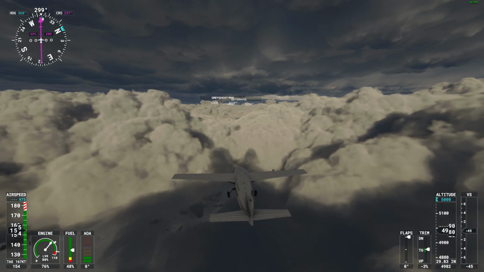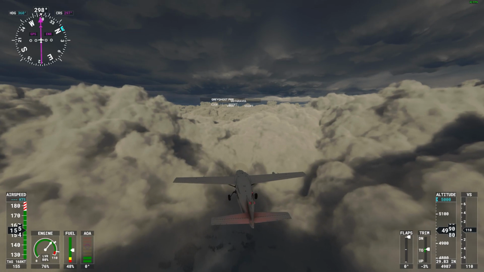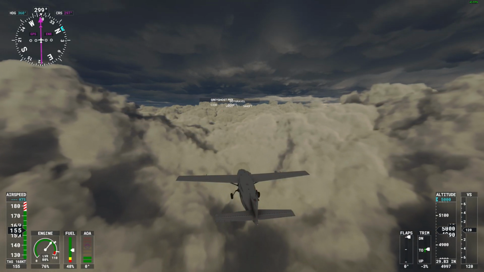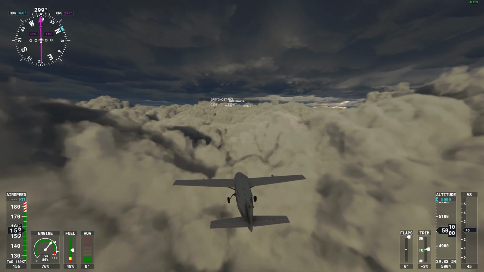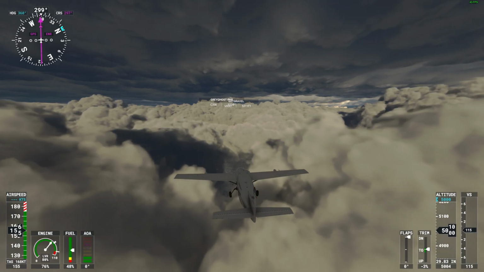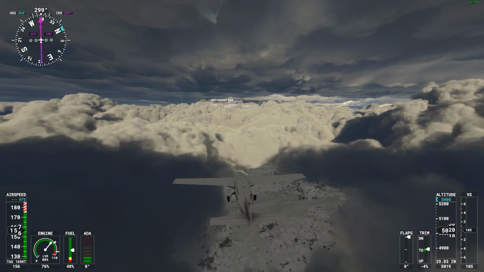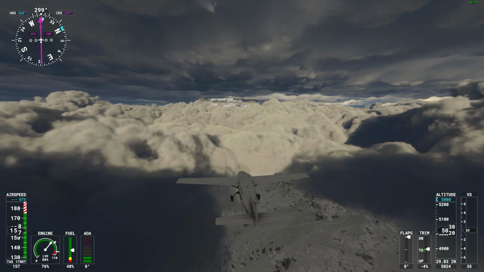Okay, so on his screen, I can make this bigger, so you can obviously see what's going on here on mine. So there's me. This is Grey Ghost, and this is what he's currently flying through. That's what I'm flying through. Oh. Not sure how you explain that, but